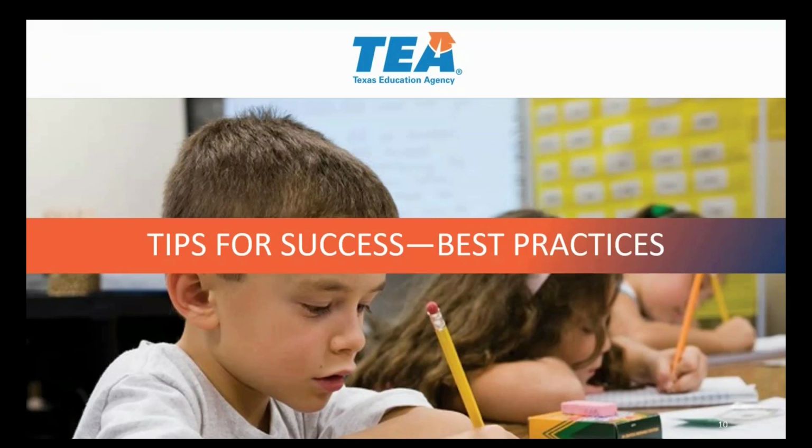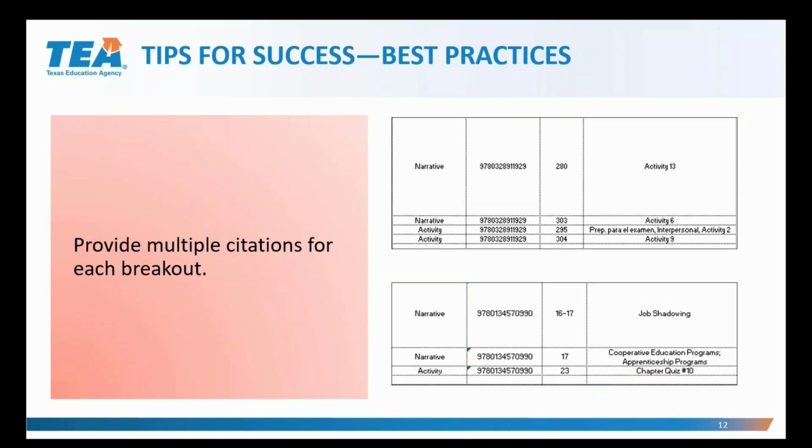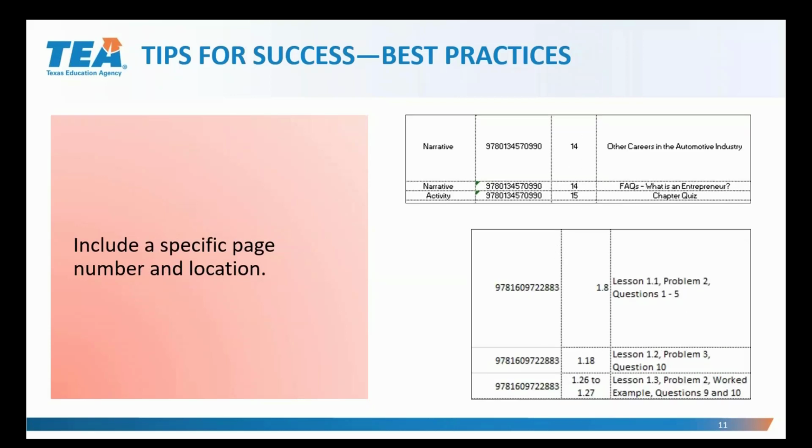Now, to give you some tips for what to do, we want you to definitely include a specific page number and location. Let me go back so you can see those. In the first example, we have 2 narrative citations, both on page 14. One is in the section titled Other Careers in the Automotive Industry, and the second is in the FAQs, What is an Entrepreneur? Then in the second